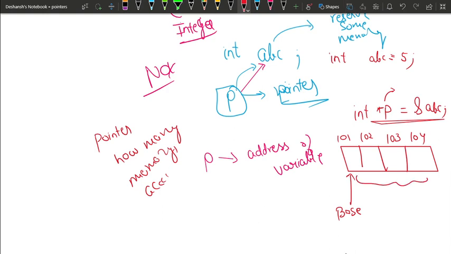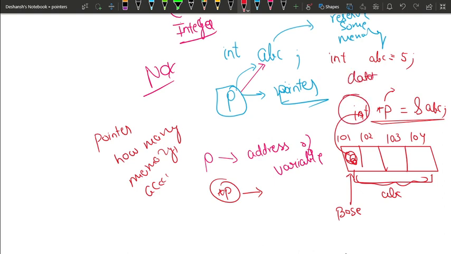This is the total complete ABC address, because it needs 4 bytes, so it will take 4 memory locations. The pointer will keep the address of this base memory location. So if we dereference a pointer, meaning we fetch the content it is storing, then the pointer will know that we have to fetch 4 memory locations at a go. That is why we have to define the data type of the pointer.